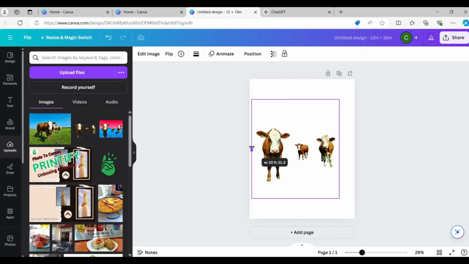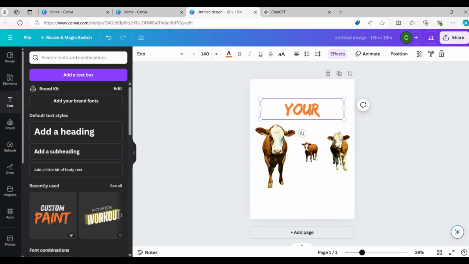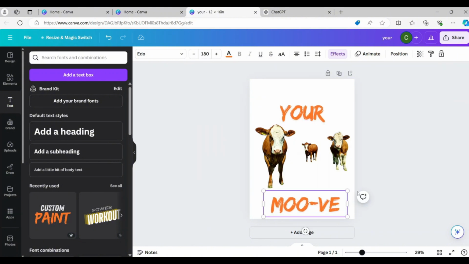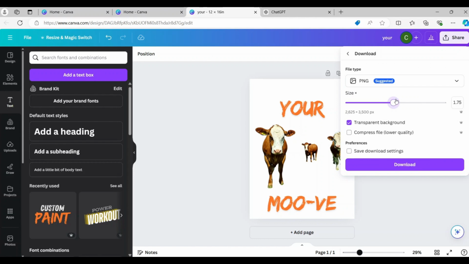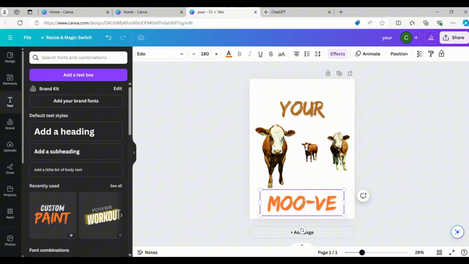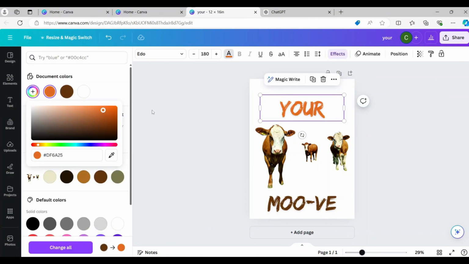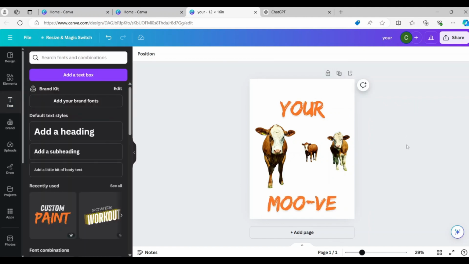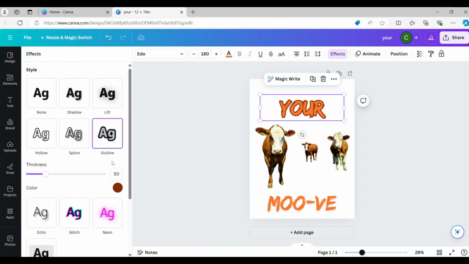Back to create another 12 by 16 and use just the cows with the transparent background again. And yeah, I thought of this one, your move, because they look like a bit of a hardcore cow crew when I was making the other one. So I went through different text colors to see what I liked. I ended up deciding on the color that originally the text came with. I thought that was pretty good, but then I put a dark brown border around the